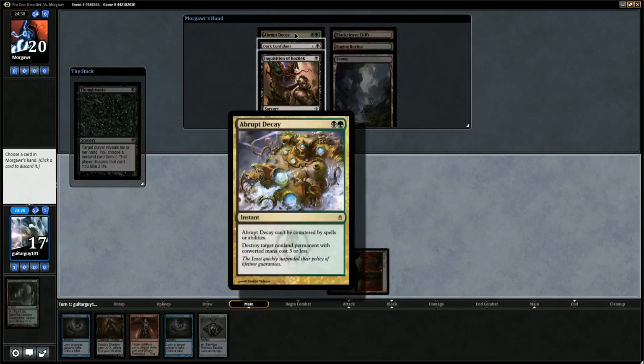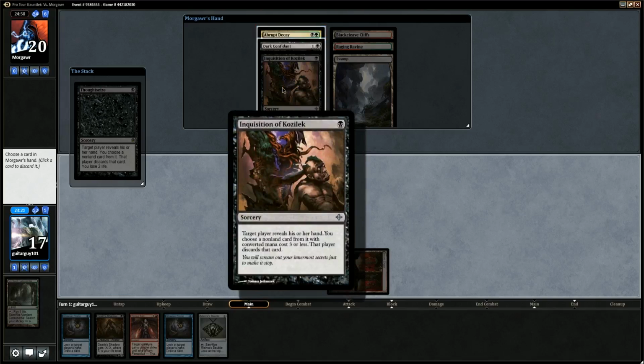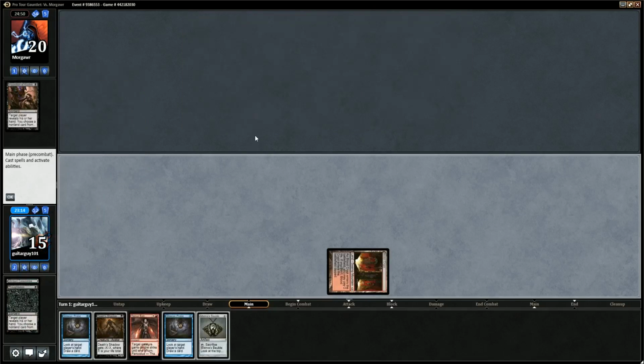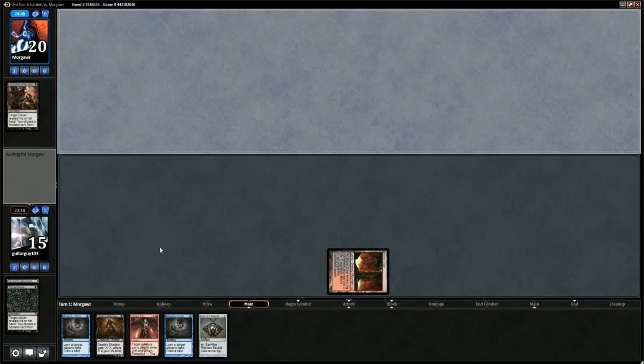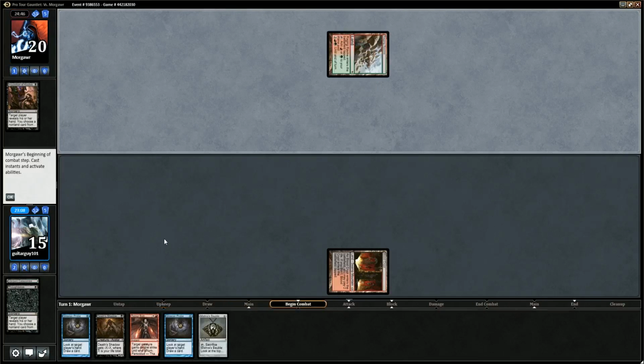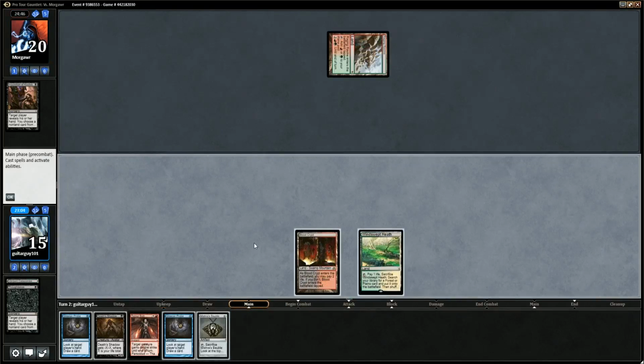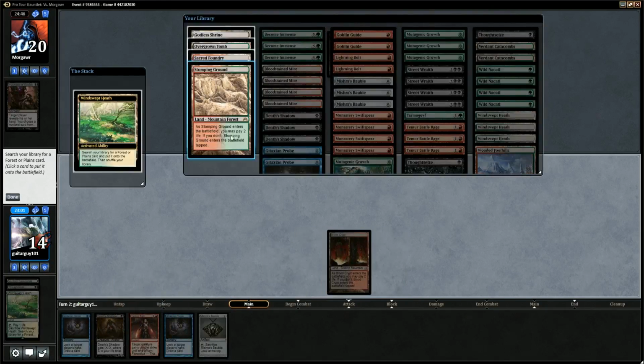I don't know if we want to let him have a kill spell such as that, but Inquisition of Kozilek will take anything in our hand, so I think you just want to take the Inquisition and maybe find another Thoughtseize or something to get rid of the Abrupt Decay. But it's not really the worst thing, because this deck has a lot of creatures in it, so we aren't too worried, but we've got to remember that he does have that, though. Sweet, we hit another land right off the bat. This time we're going to fetch for...